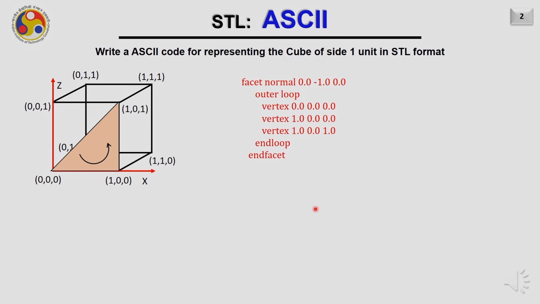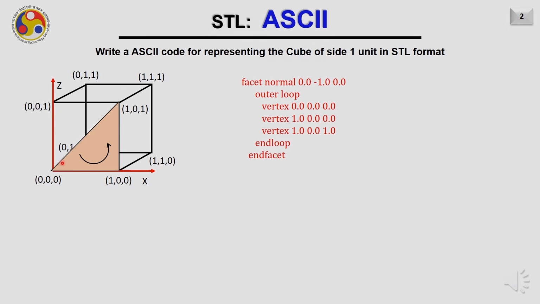Then we shall write the outer loop corresponding to the vertices, and it should be in an order which is representing the directional or the facet normal. Hence, it should be in a counterclockwise manner. So this is the counterclockwise manner, that this arrow is showing the counterclockwise direction. Now we shall write the vertices starting from left, and then this, and then this. We can start anywhere, but this order should remain the same. We should not write starting from this point and then this point and then this point. It is not a feasible way of writing it.